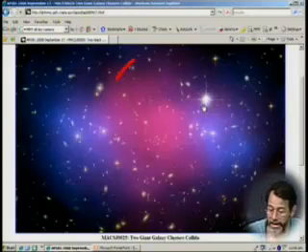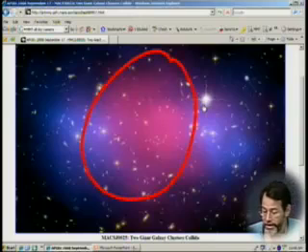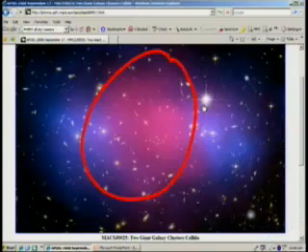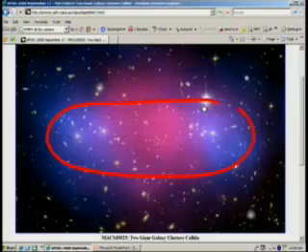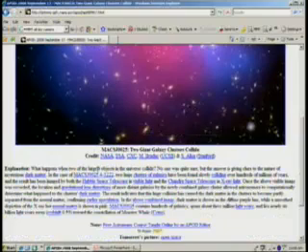So it's not like normal matter, which collides with itself and creates hot gas. This is the Chandra X-ray telescope image of the hot gas, shown in pink. But through a process called gravitational lensing, we're able to find where most of the mass is by distortion of background galaxies. That tells us where the dark matter is, and they're separated from each other. That's a really interesting finding. The system is called MACS J0025, and that's actually coordinates on the sky in right ascension and declination.